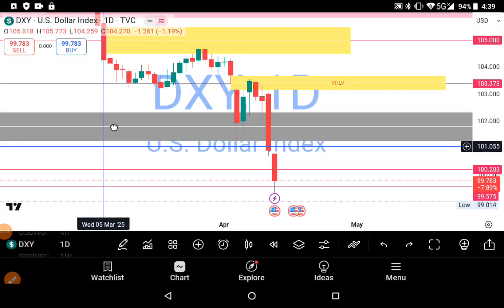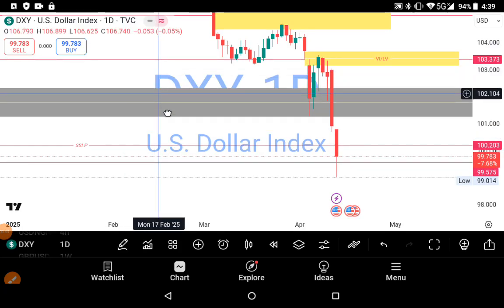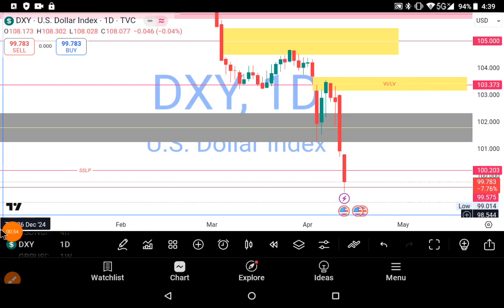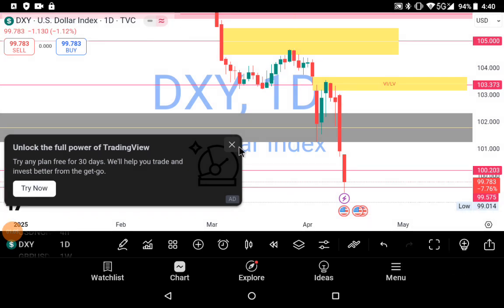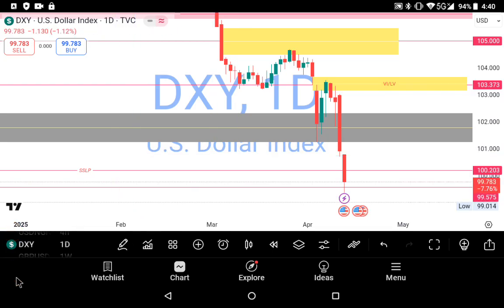So, we'll start with our bellwether, which is the dollar index. As of last week, I was interested in the market price visiting a very low hanging fruit level, which is the 103 big figure, 103.500. Sorry. On dollar index, I was interested in the market price going above 103 big figure and trading